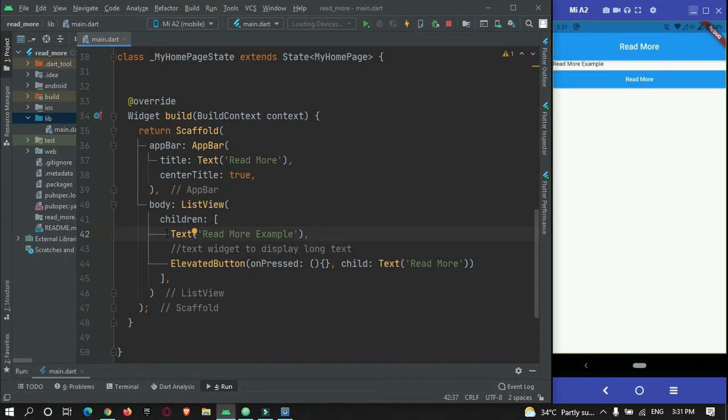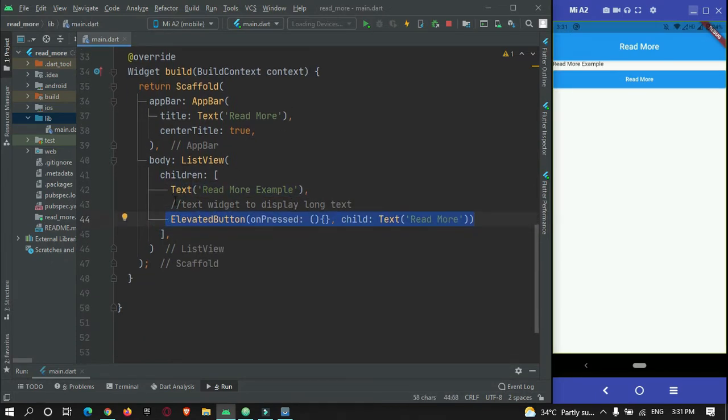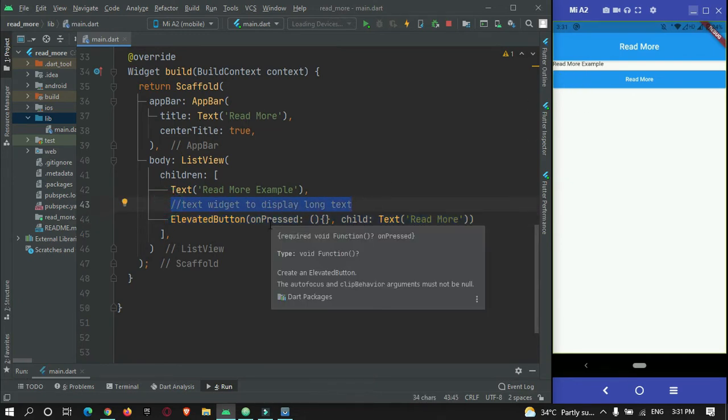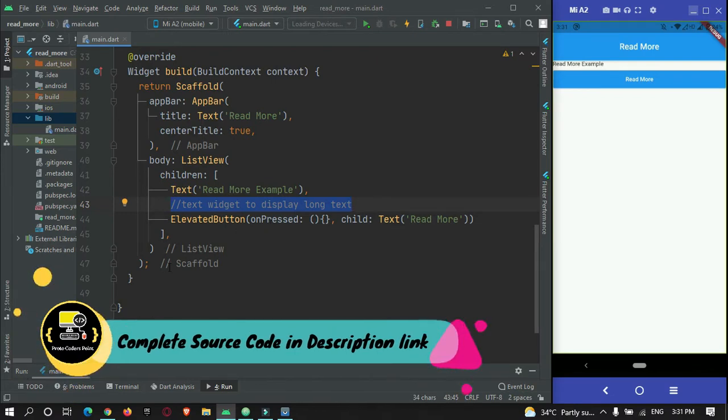Here I have created a text field and a button for read more. Let's create one more text widget so that we can print the long text in it. Let's create a custom widget for that.